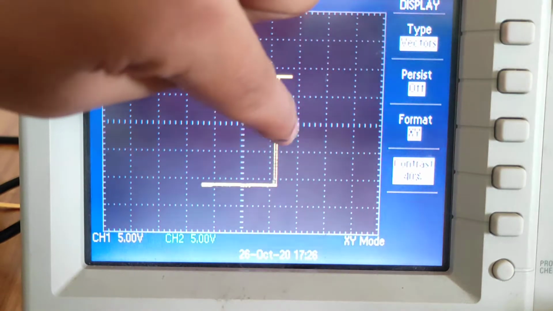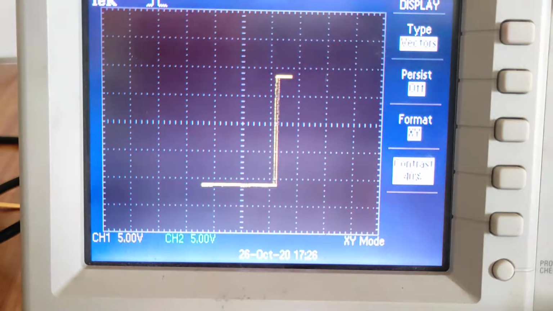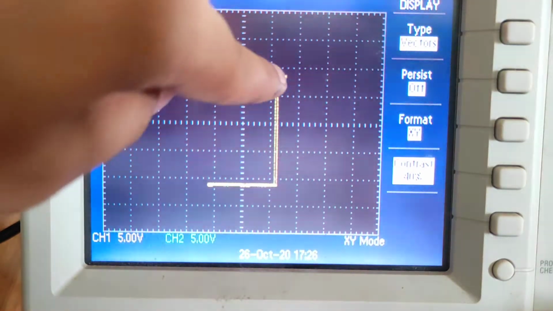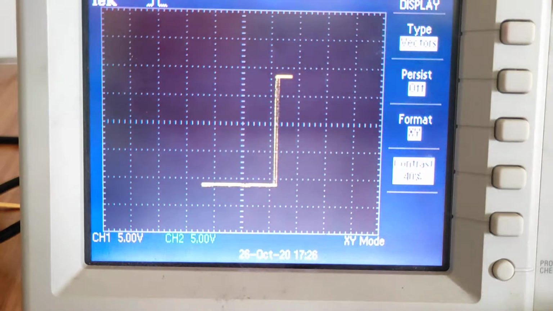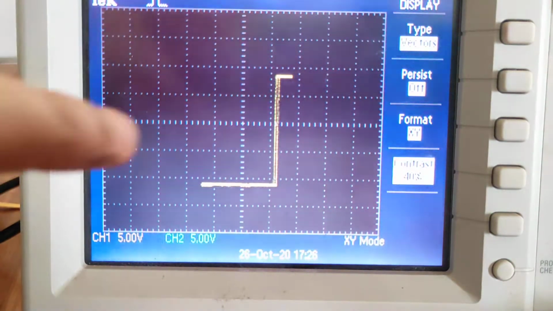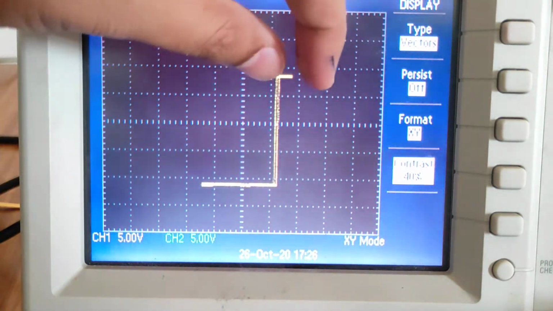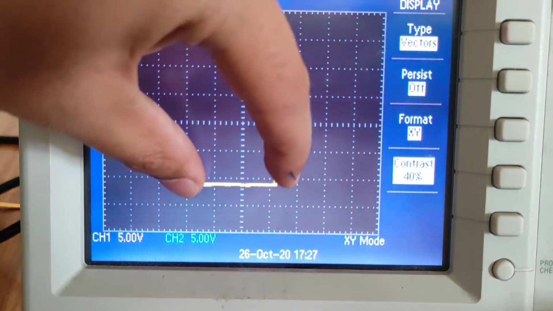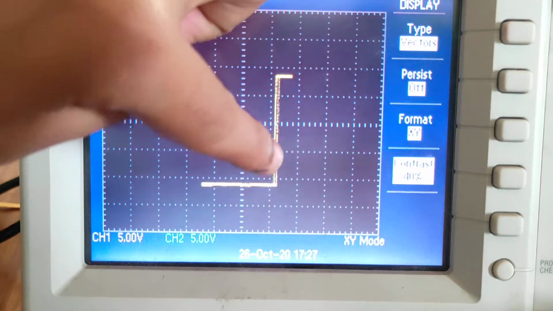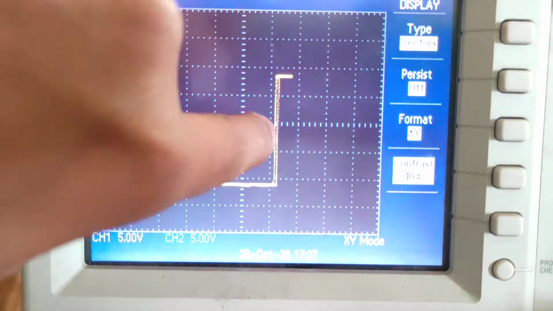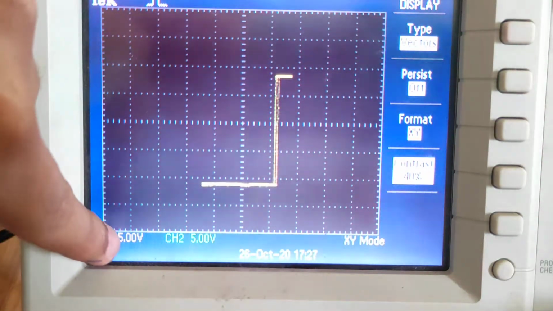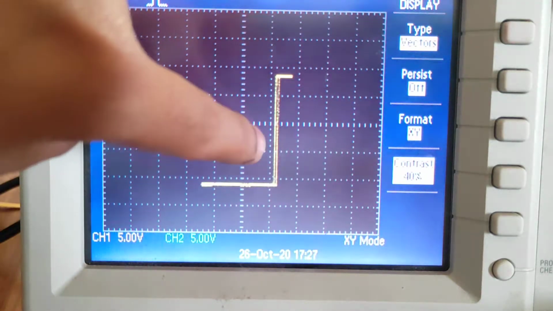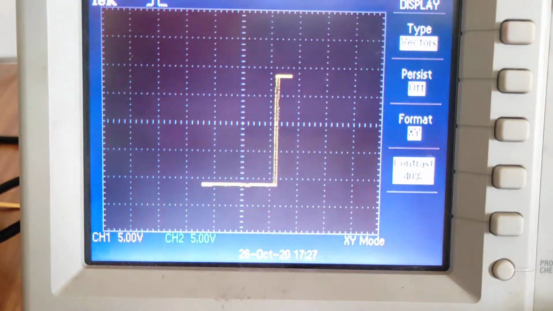See, for a small duration, because the input I have given is only 7.5 volt. Now if I decrease the input, then it will decrease. Now I am increasing, then it is increasing. So for a lesser amount of time it is remaining in plus V set, and for a higher amount of time it is remaining in minus V set. So this is your V reference. We have set V reference around 5 volt, because this is 5 volt and this is 5 volt. So we can see around 5 volt the V reference has been set.